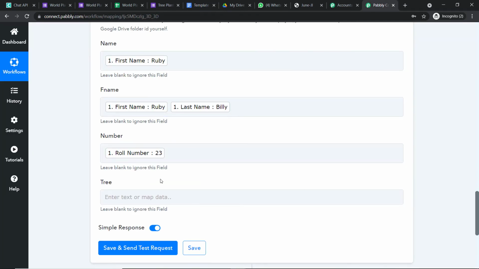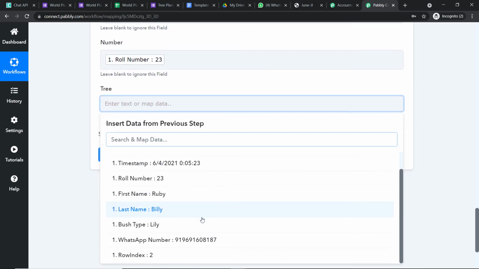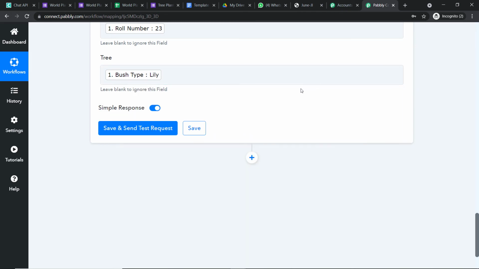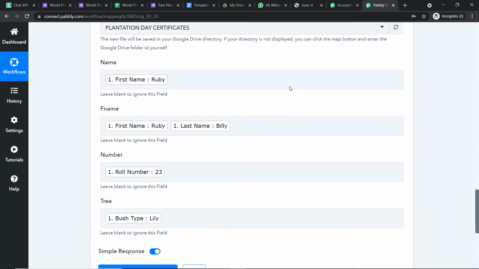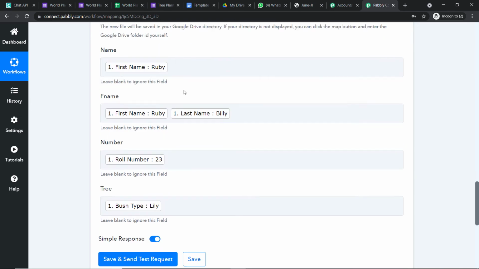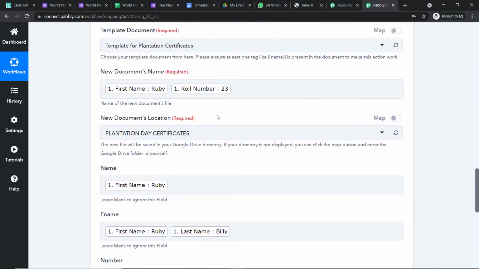Okay, so the roll number is there, and now we are going to map the tree. So this is the tree. The tree was, she was going to plant a lily tree. Okay, so we have practically entered all the details. So when I click on save and send test request, a new document or a new certificate will be created